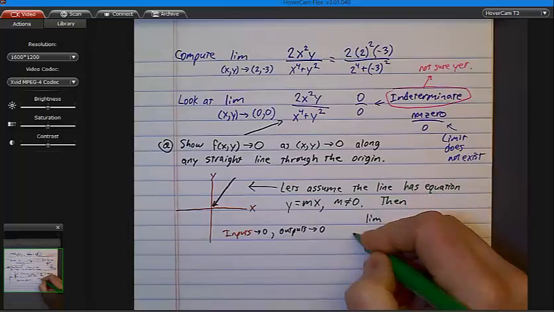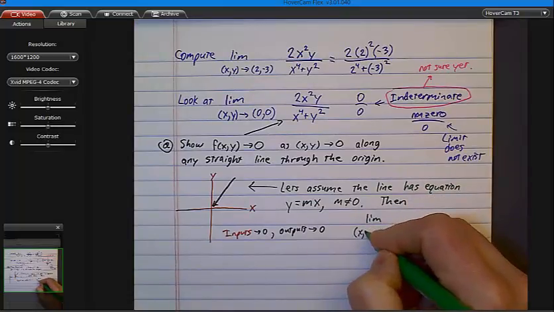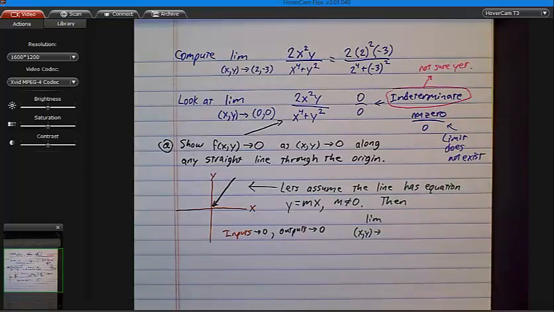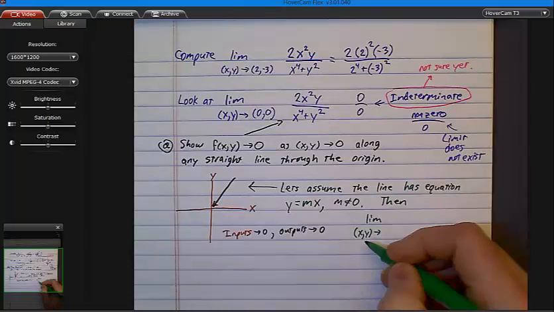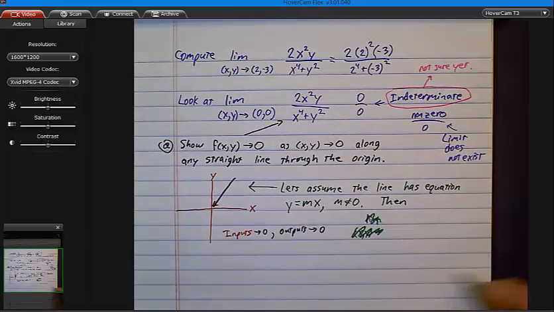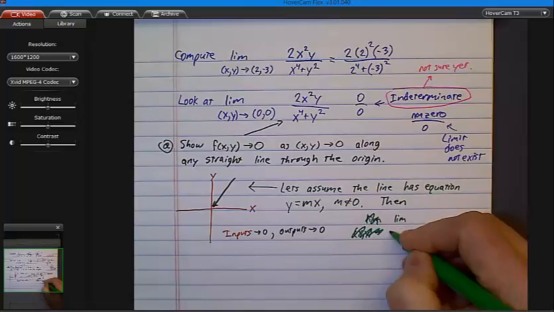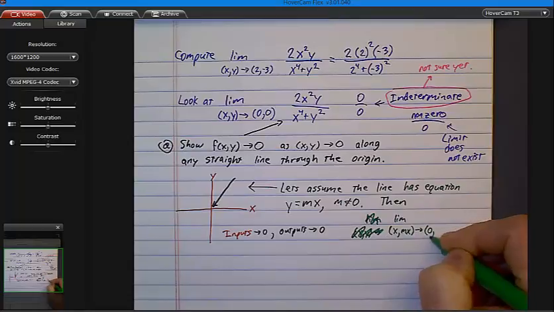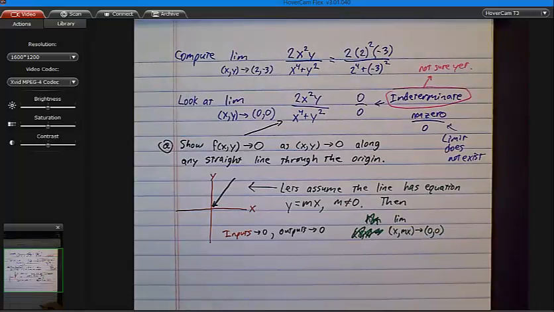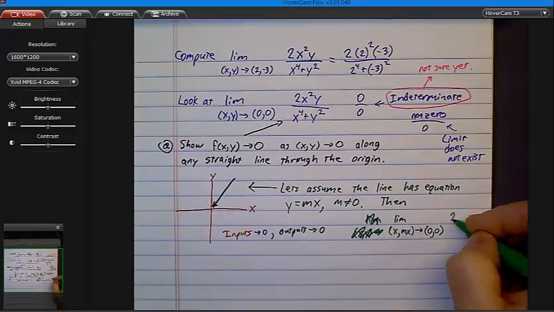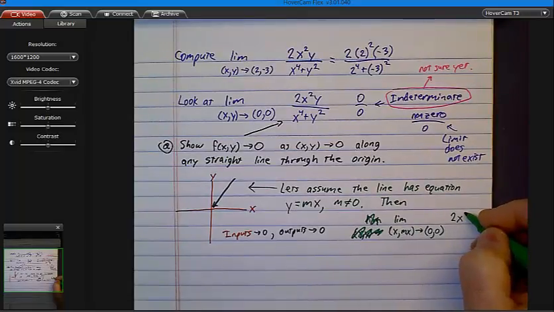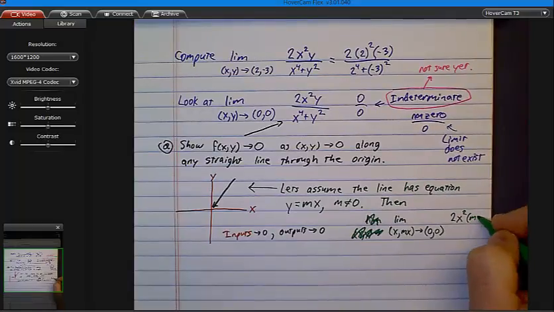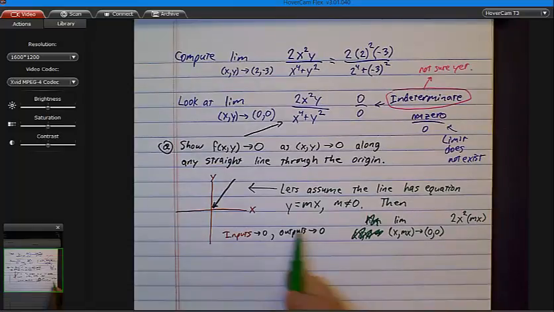The limit as x comma mx approaches 0, 0 of the function 2x squared. Now where it says y, I should write mx, because we're saying y equals mx